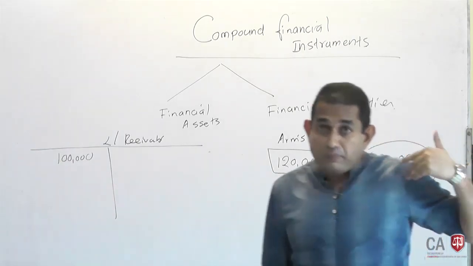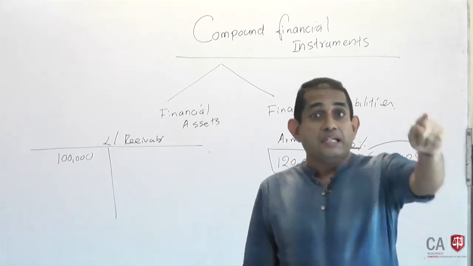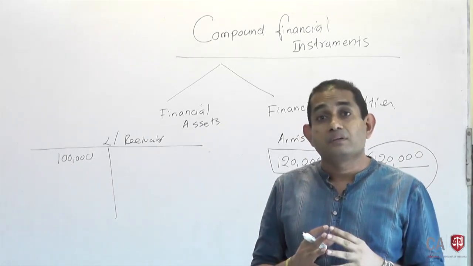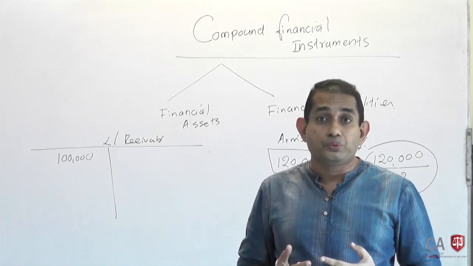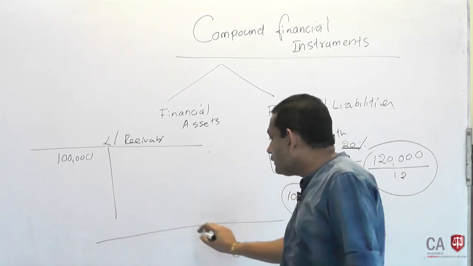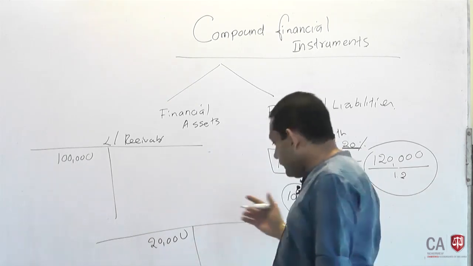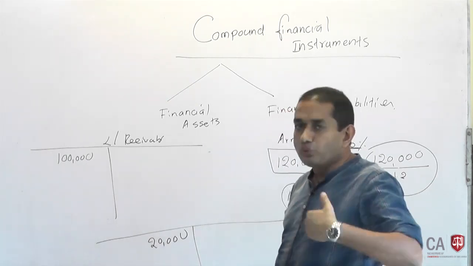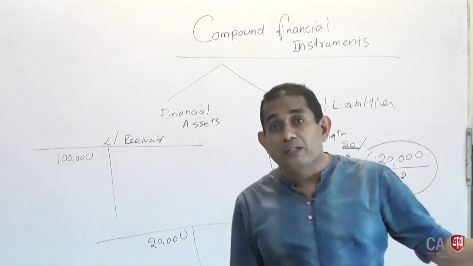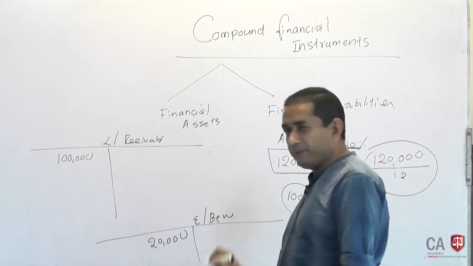Then again the same grantor speaks as if he is the employer. Since you worked for us for 25 years, we should be loyal to you, and we are giving you another 20,000 rupees. This is not a loan, you keep it and we don't expect you to return it, and that is like a benefit given by the employer to the employee, and that is under LKAS 19 Employee Benefits.